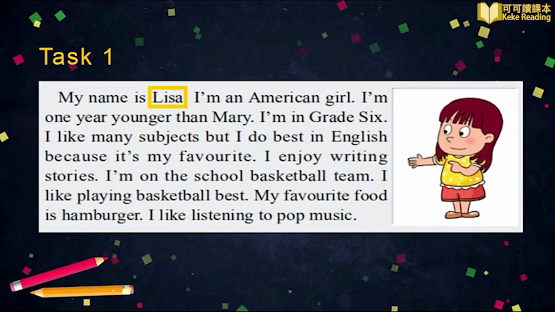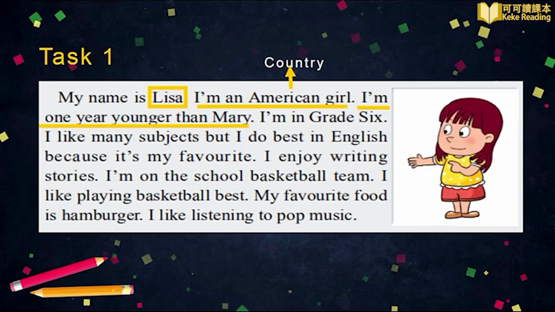Did you find all of the information and underline them all? Let's check. There are some information that doesn't tell us directly. 这段文字当中有一些信息没有直接给出来，我们来读一读。Lisa says, I'm an American girl. 我是一个美国女孩。What information can we find from here? Yes, the country. Lisa is an American girl, so she comes from America, 美国。